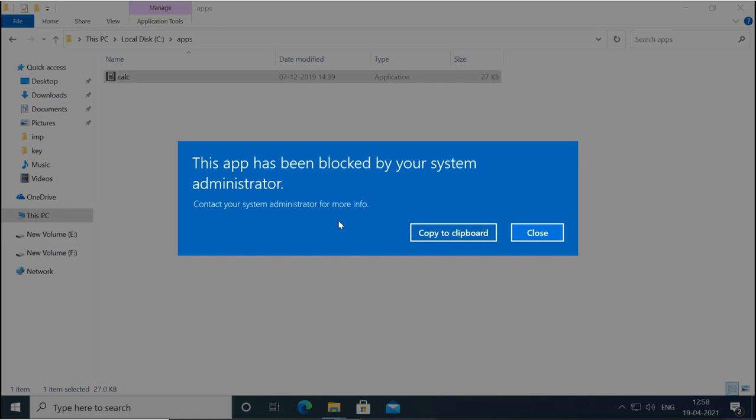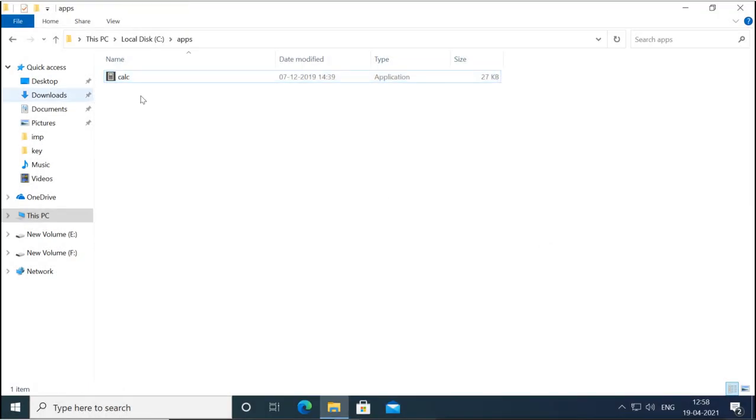What should I do? Sometimes users don't understand things. They don't know what the problem is. So this option is for those kinds of users. They will copy this error, and when the administrator comes, they will show the error, that okay, I faced this error. So the administrator understands what the problem is. This application is not working because it has been blocked.